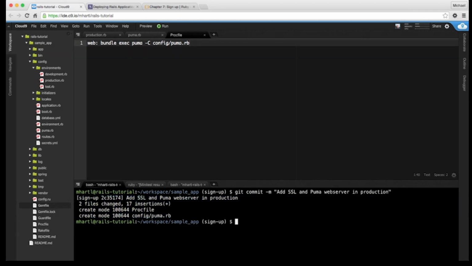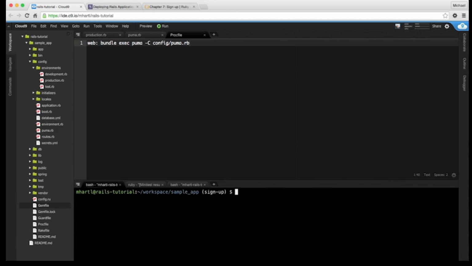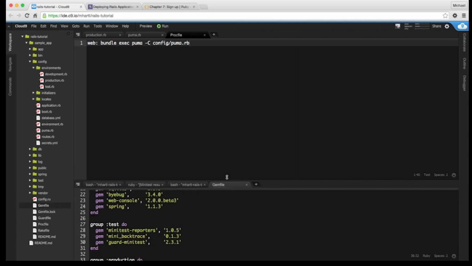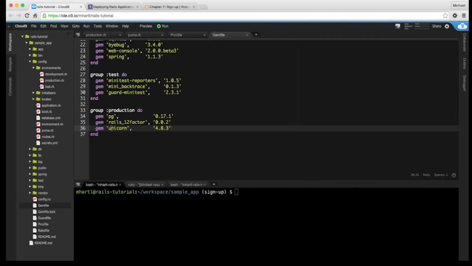There's one more thing you should check, just in case you already pasted in the gem file from before I made the Puma changes. You should check the gem file to make sure that you're in fact using the Puma gem. So instead of gem unicorn, it should say gem Puma. If you started this from the beginning,